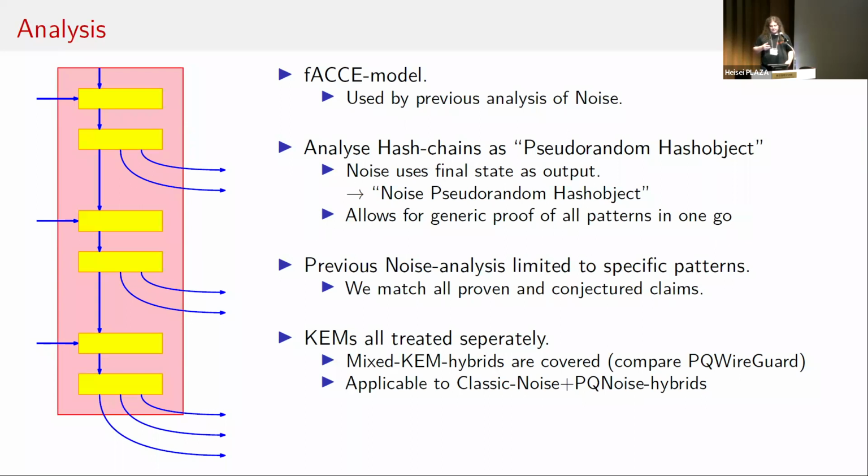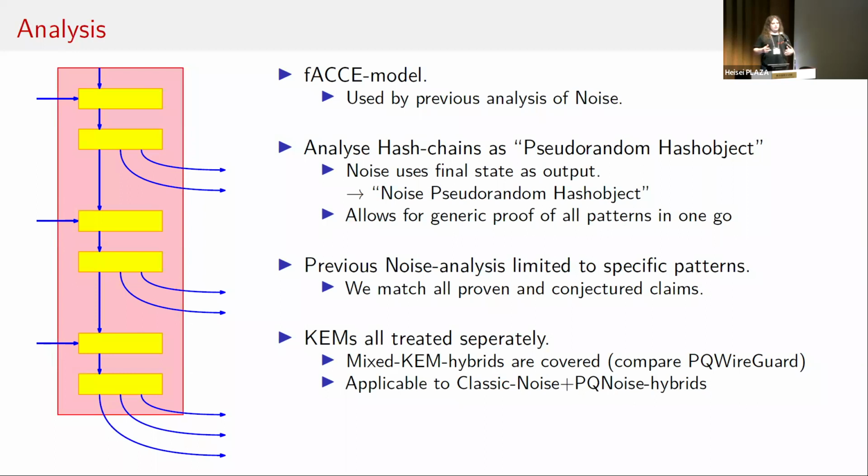And the other thing we did compared to this previous analysis of Noise, so what we had until then was essentially an analysis of individual Noise patterns. A lot of this analysis followed the traditional approach of we replace each hash call or HMAC call with a PRF call essentially, and then have a security statement where you have this one point in there like plus 10 times advantage against PRF. But Noise is not just using these hash functions randomly. There really is essentially an ad hoc hash object in there.